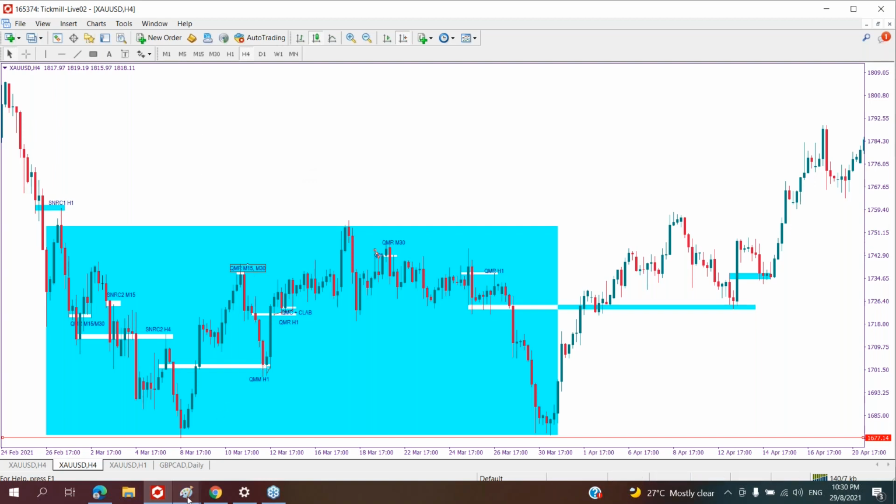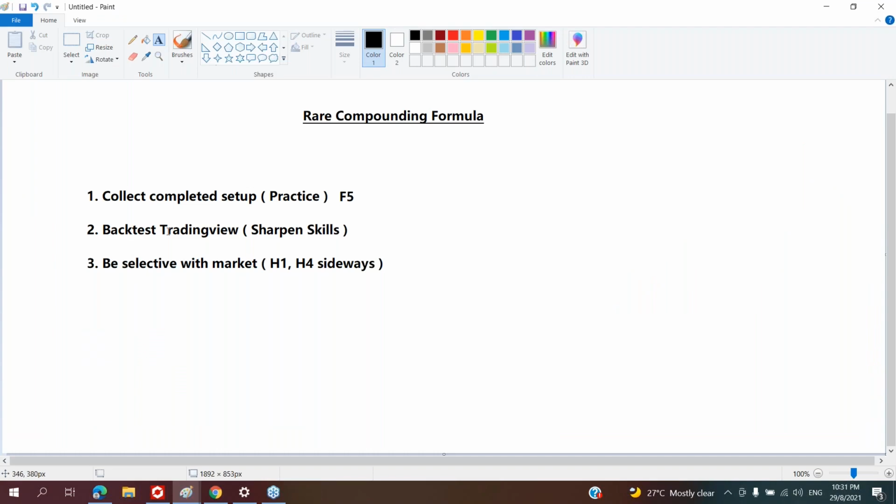And number two, you backtest in TradingView to sharpen your skills. I think this one you guys understand, right? And number three, you have to be selective with the market. H1 and H4 sideways. Why H4 and H1 sideways? Because